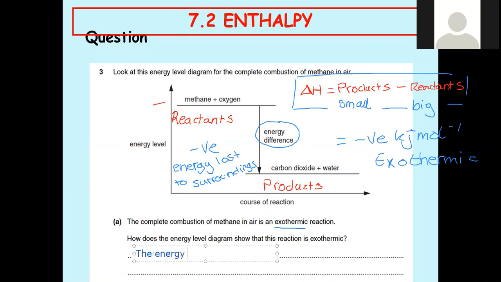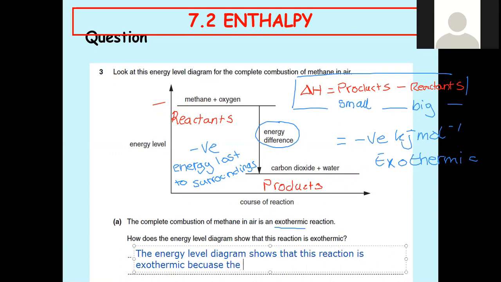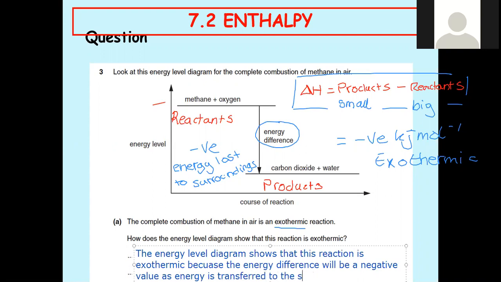So the energy level diagram shows that this reaction is exothermic because the energy difference will be a negative value as energy is transferred to the surroundings after breaking bonds in the reactants. This can be shown by the enthalpy